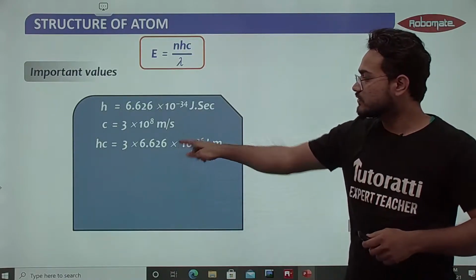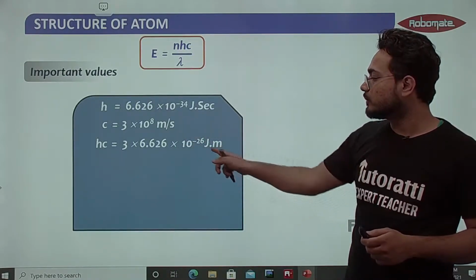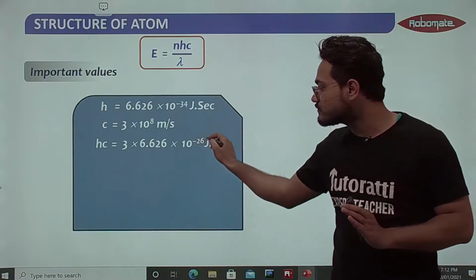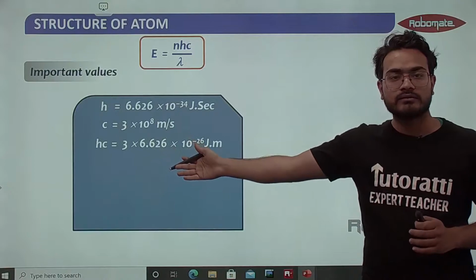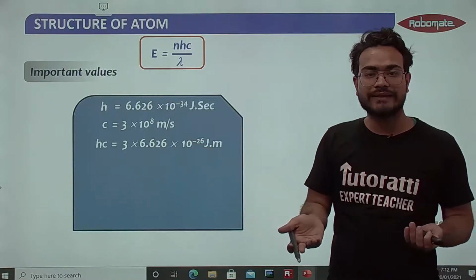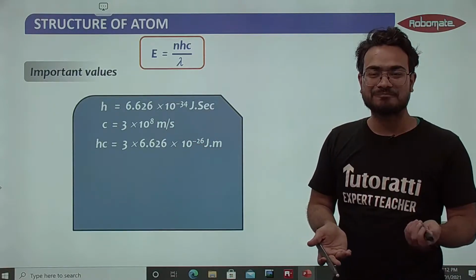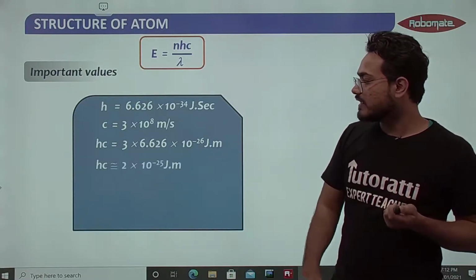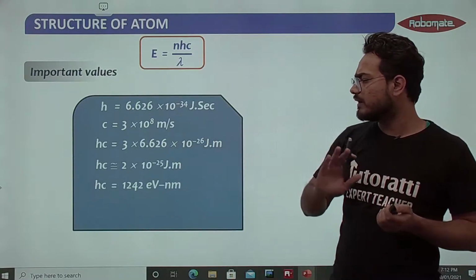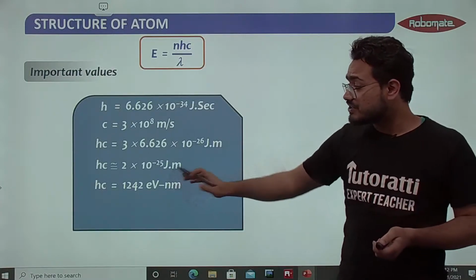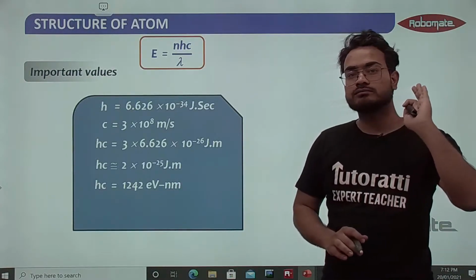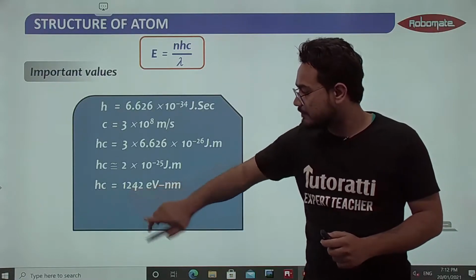Always 3 into 6.62 into 10 to the power minus 26. This value will save your time. This is approximately 19.8. Then hc can be 2 into 10 to the power minus 25, because 19.8 is approximately 20. Yes. hc in electron volt can be this: